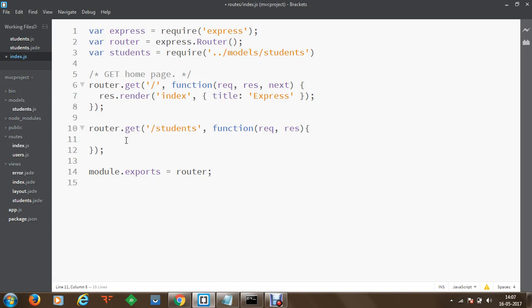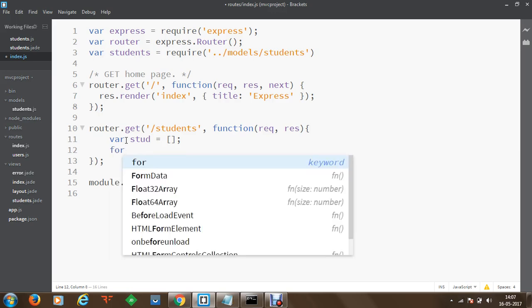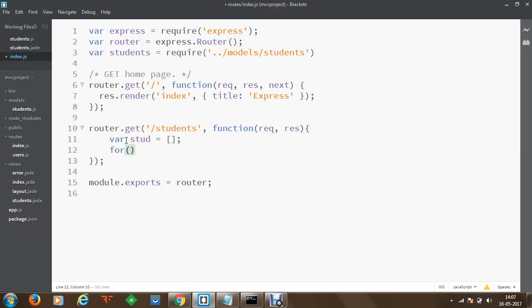Now let's create an array called stud, and I have taken an empty array with the name stud. Within this stud, I have to push values from the students. So I'm going to specify a for each loop.